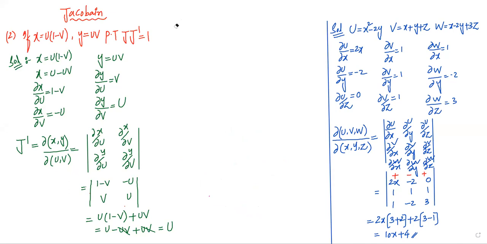Let us see here. Second part. Same problem we are continuing. X is equal to u into 1 minus v, as in the question. X is equal to u minus uv. I want to make u the subject. So x is equal to u minus, what is the uv value? It is given in our question itself. Is it y? Yes, sir. Minus, if you bring this side, it becomes plus. X plus y is equal to the value of u. U becomes the subject.